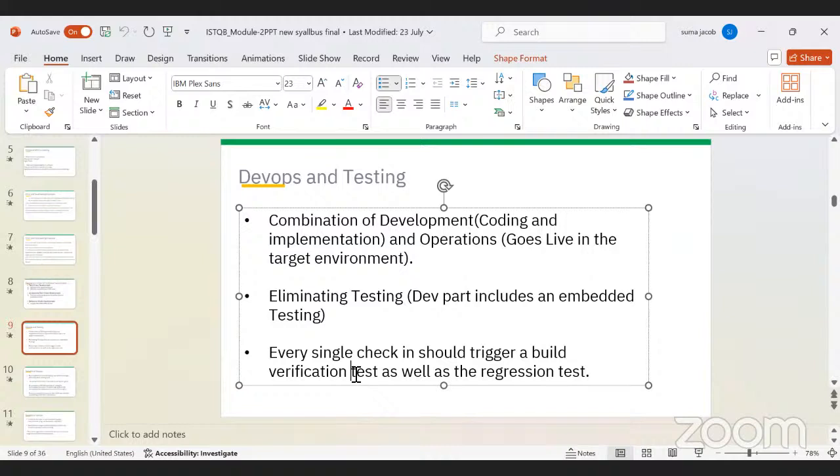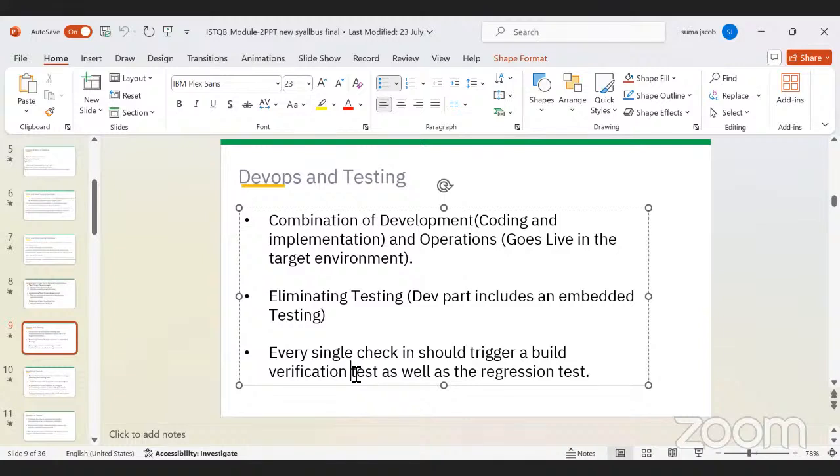So there are continuous changes happening. If there are different developers, they will all be creating new pieces of code. Those will be pushed into the common source repository, and any change at any time would trigger all these different build verification as well as other automated activities, and this will help us in getting an early feedback. So if there is new code being pushed into the repository, the automated build verification or